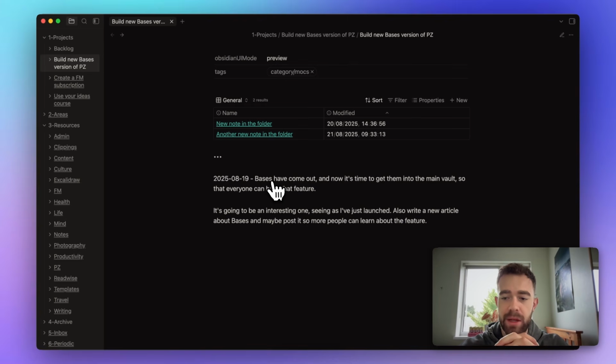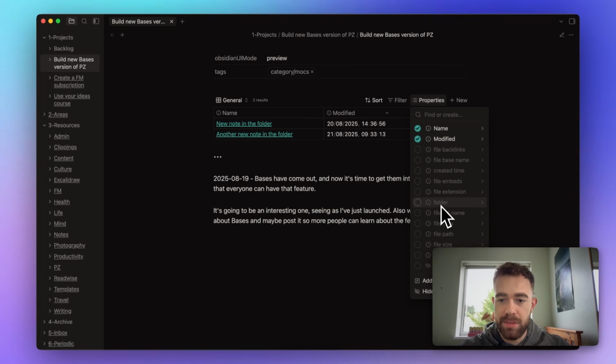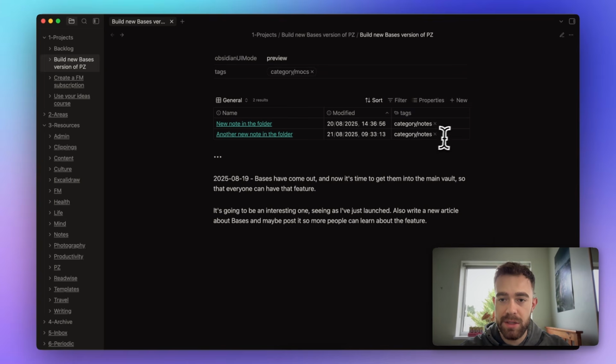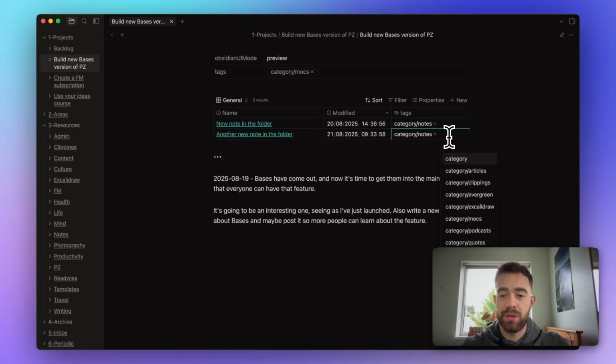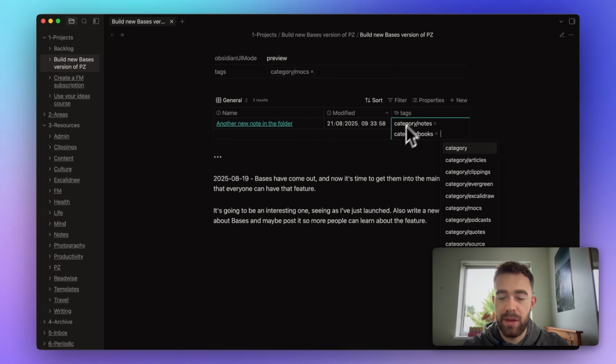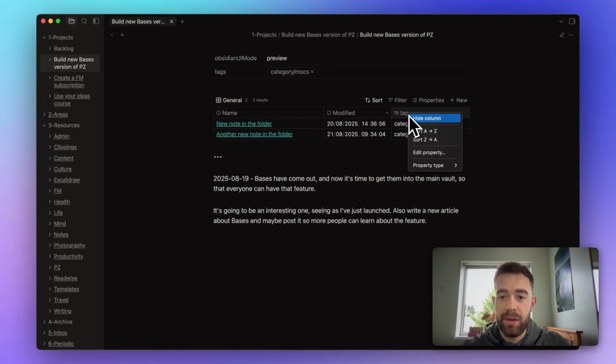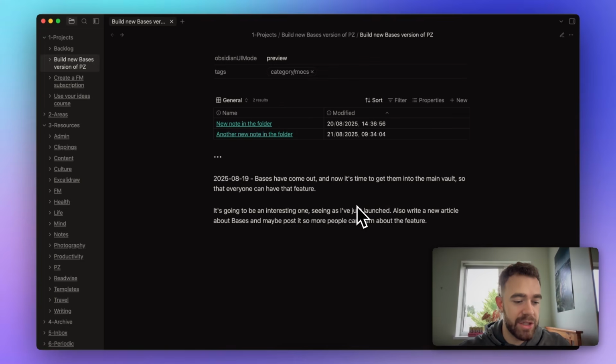It's not complicated, but it's a ridiculously powerful and functional application of the core plugin, and I don't want to complicate myself more than anything. I mean, there's a lot of things that bases can do. You can, for example, display all kinds of things. You can display tags and then add more tags to the note, for example. So you can see, as I've done there, I've added a books tag for whatever reason. At the moment, I don't need this feature, but bases are extremely powerful in all dimensions in ways that